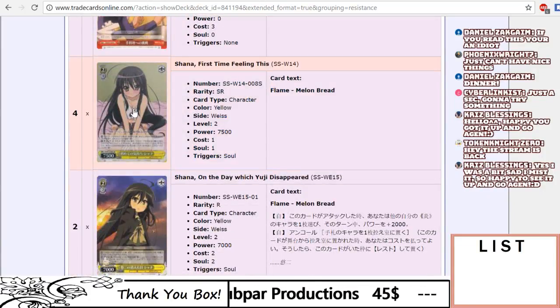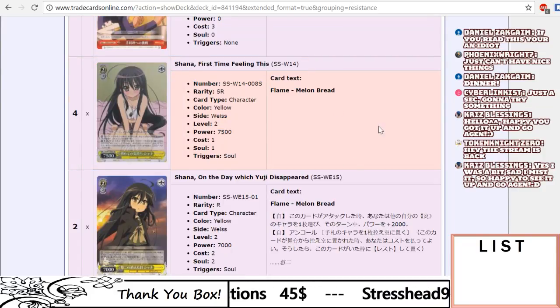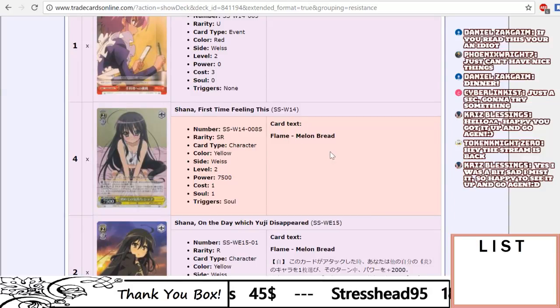Shauna, First Time Feeling This. This is probably the most suggestive card in the entire Shauna set, but that's okay. That's why we love Weiss, you know. That's fine. They're fine with all